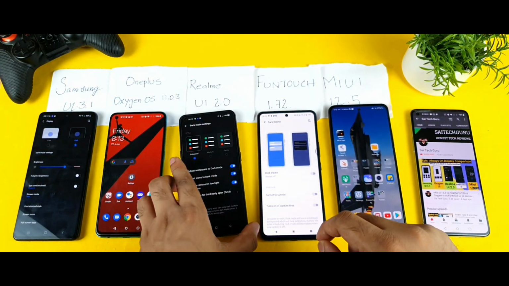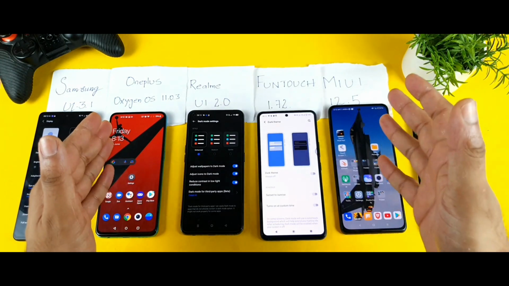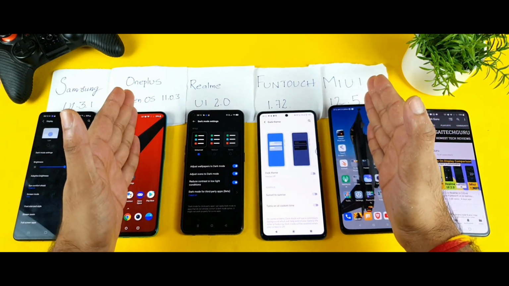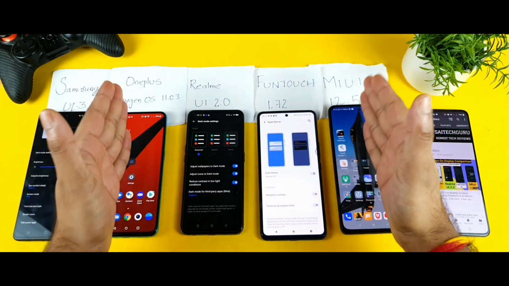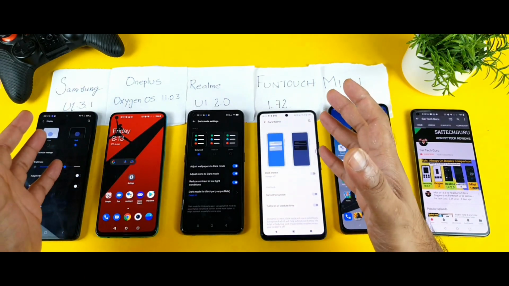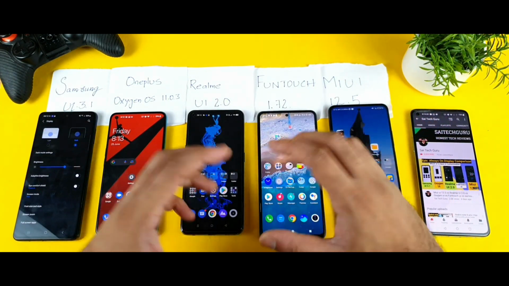So overall, the final conclusion is that in the Oxygen OS and in the MIUI 12.5, you can actually forcefully use the dark mode in any application if the requirement is there. In these 2 UIs only, it's possible right now. In the remaining 3 UIs, it's not possible. Only a few applications are limited to enabling this kind of dark mode while using the applications.